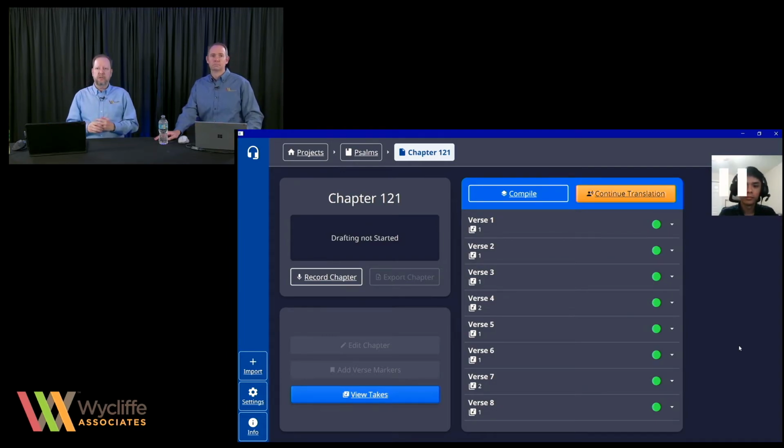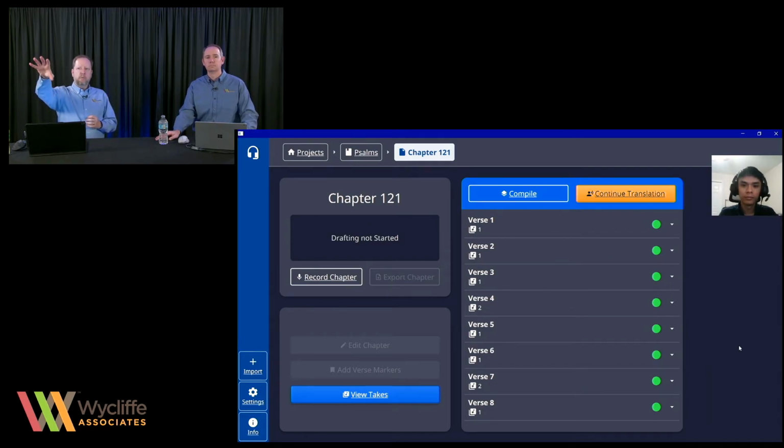So why don't we pause here for just a moment. Even in what we're seeing here, as we return to the screen, we see a lot of green dots. That's right. That indicates that there's actually a selected verse for all of those. We have some content, and we have something that we perhaps like.